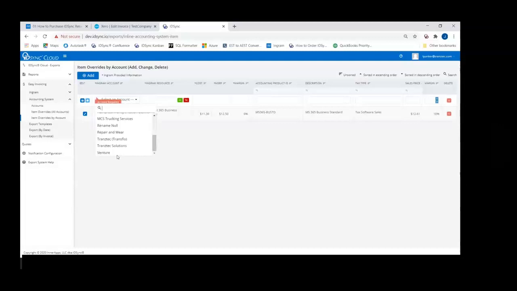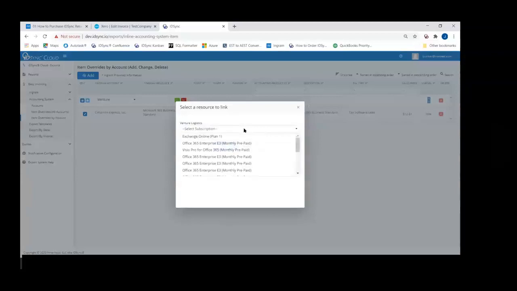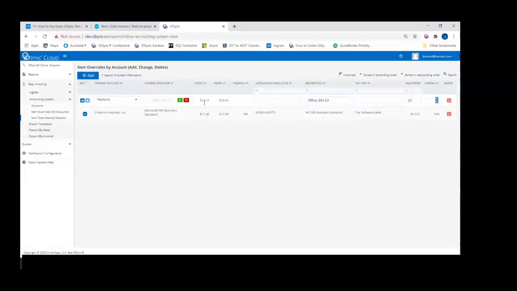So if I select an account, I then select the product, and I get a list here of subscriptions, and then I can pick the resource within that subscription. It's going to automatically give me some things. It gives me the cost. It gives me the MSRP. I do need to give it a product ID, and we have a description here, but I can, again, override. This is one of the things that you might want to do. I might want to override the description that's coming from Ingram to something that means something more to me and